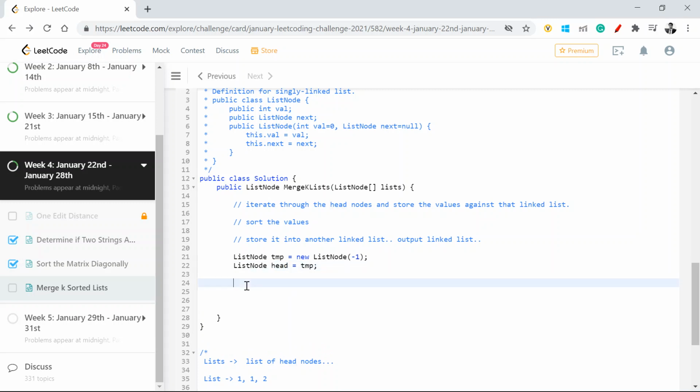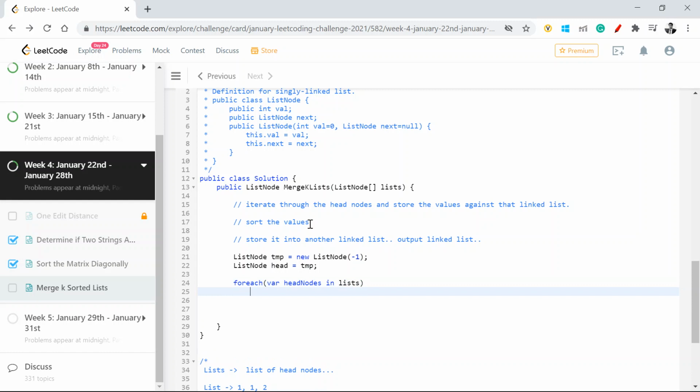Now to work this further, we are going to create a list, a 1D array, right? First we are going to iterate through all the head nodes in the list which is given to me.